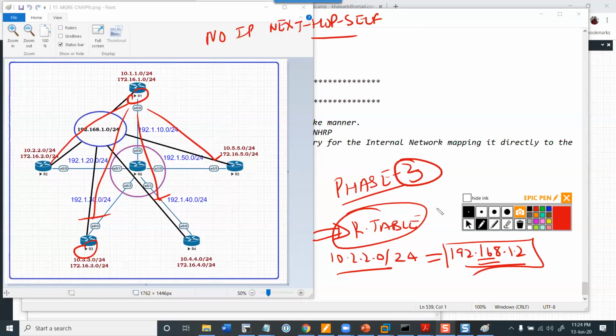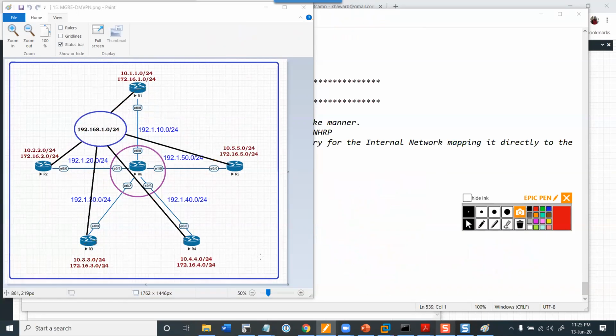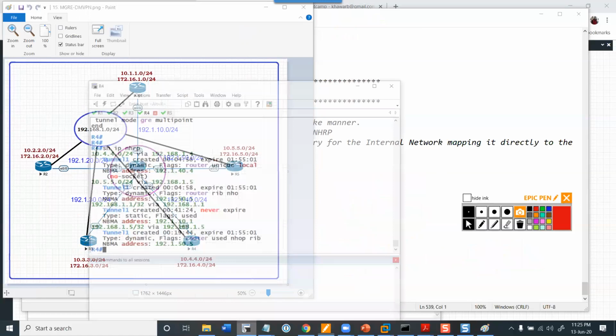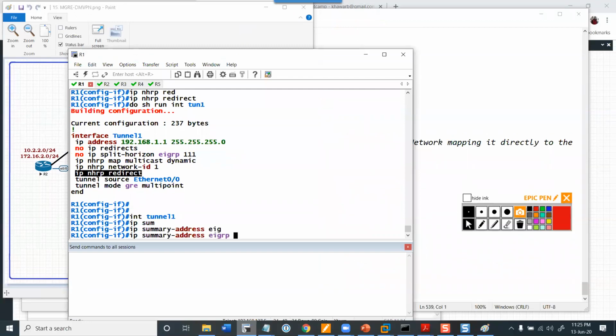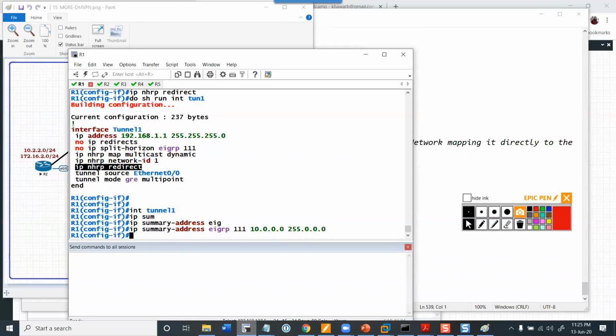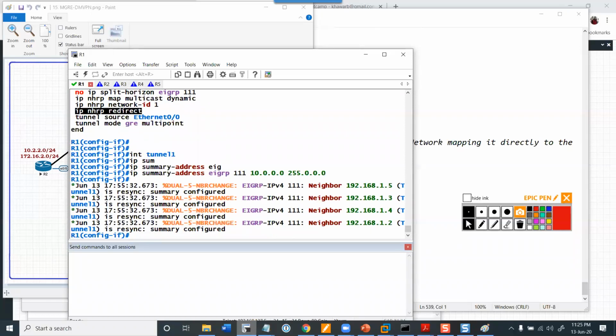In phase 3, routing table is overwritten. By whom? By the NHRP redirect. So because of that, one of the things that you can do is, I can go to router 1, the hub, and I can go under the tunnel interface and create a summary address. I'll say for EIGRP 111, summarize the 10 network. So I'm not going to send them all the routes. I'm just going to send them network 10. Or you can do a default route for that matter. With phase 3,